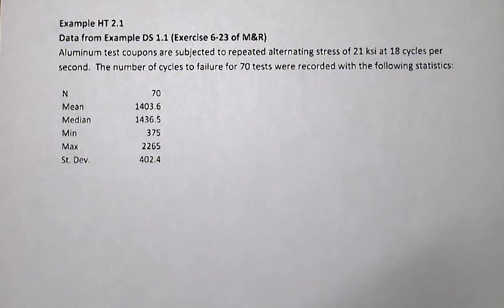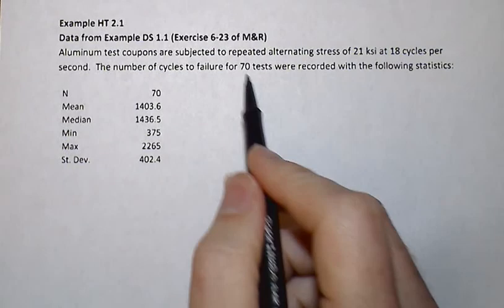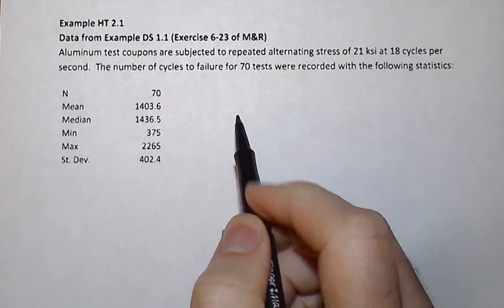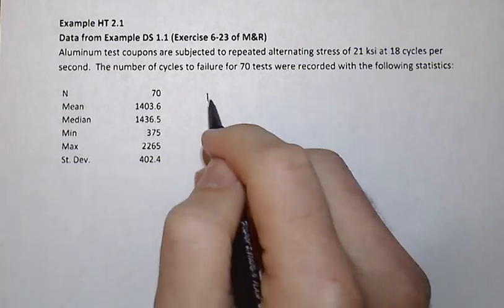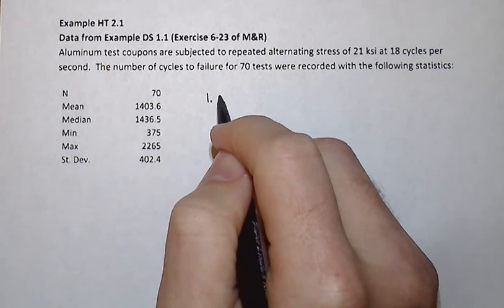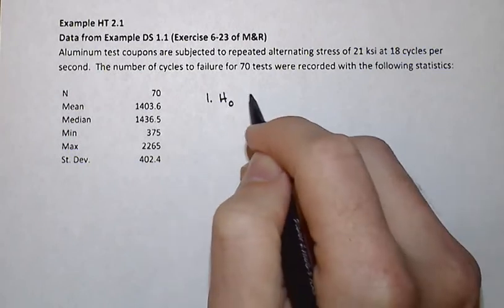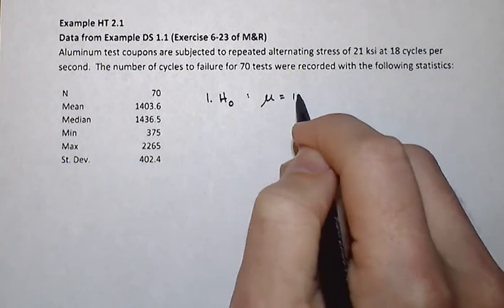We're going to go back to the data from example DS 1.1 quite a while back there in module 6, associated with these aluminum test coupons. These specimens were being subjected to cyclic testing until the number of cycles to failure developed. And we did that for a fairly large sample, in this case 70 different tests, and we're going to see how that plays out in this particular example, where we're going to be interested in the mean number of cycles to failure, and that our null hypothesis is going to be that mu, our true mean, is equal to